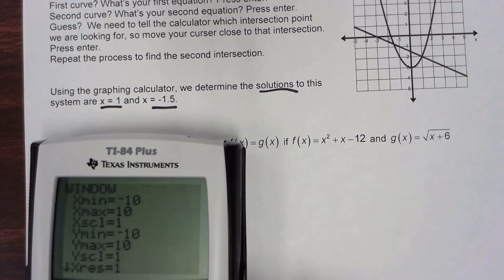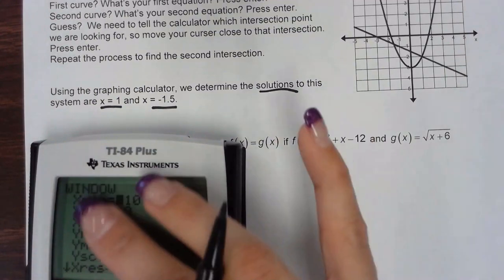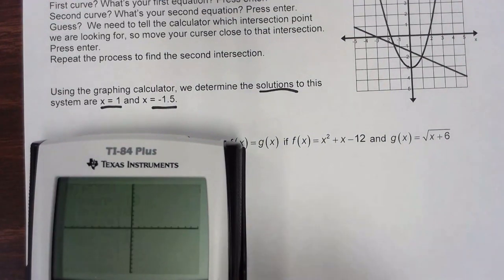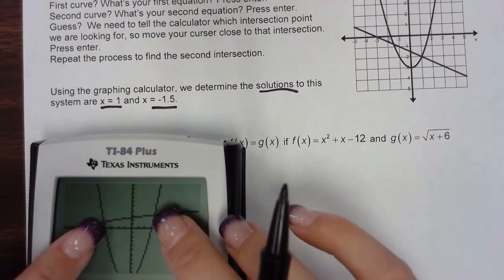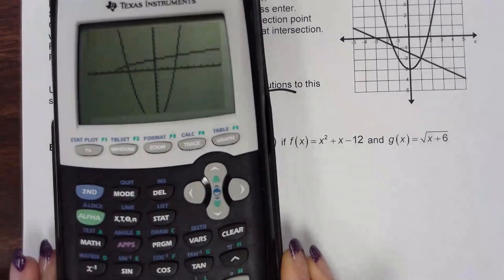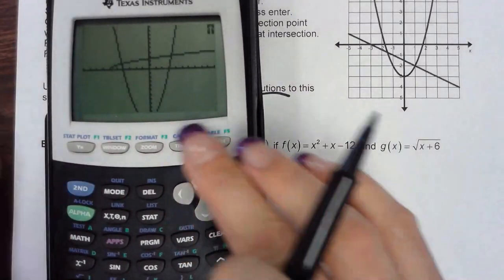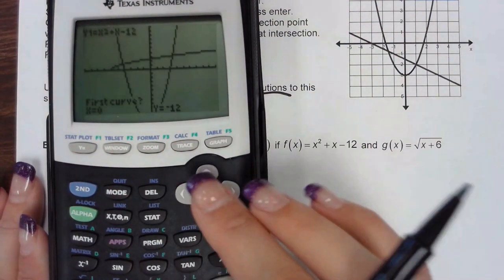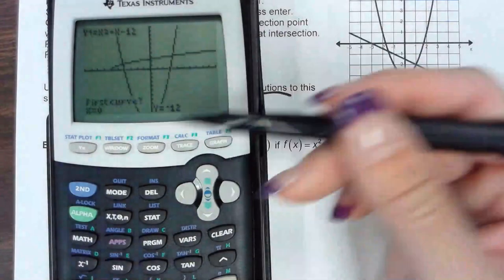I'm going to go to my window, and I like always starting out -10 to 10 because I know I'm right in the middle. So let's graph that and see if I have enough space. And I do. I see obviously my two intersections are right there. So let's remember how to find these intersections. We go second trace, go down to intersect,